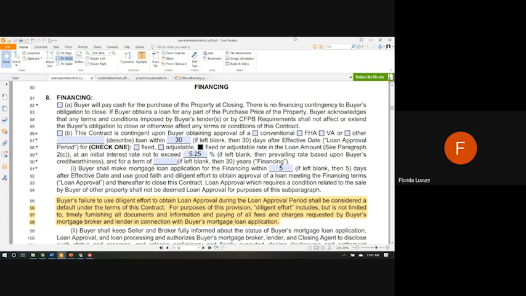Typically, not all pre-qualifications are done equally. Some lenders will just put it out there that, oh, you're approved for $110,000. They don't have a rate, they don't have, you know, whatever. So having lenders that you work with, that you have good rapport with, that you can ask those questions, is a